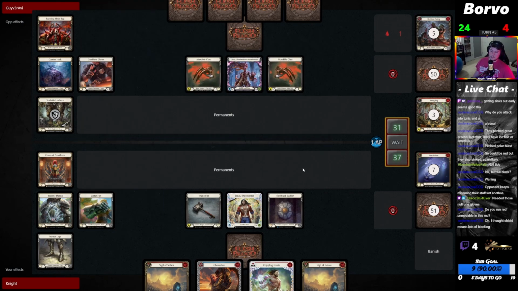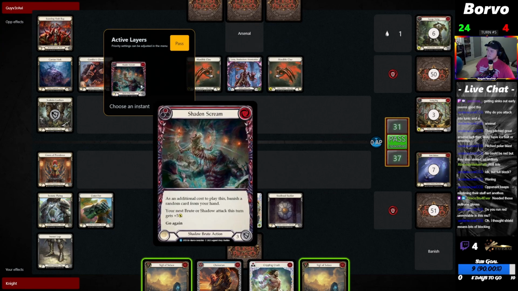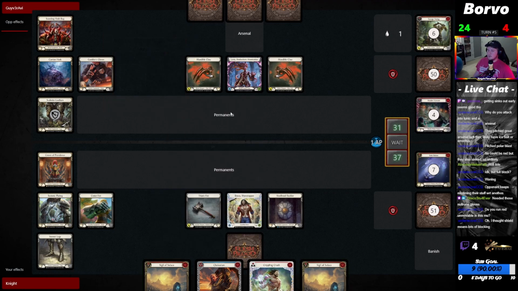Use the setup against Lexi as well. Still Braid and all that. It's very good. Who knew that block 3 or basically 3 health in your armor slot was this good? Okay, so banish a random card. They're getting +5 on their next. This is just a